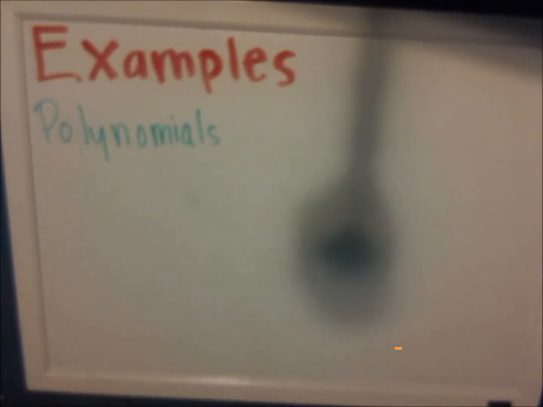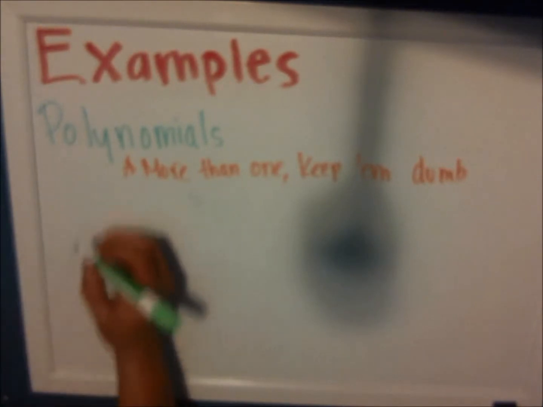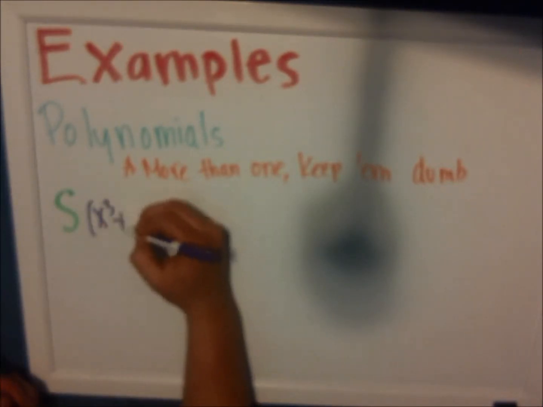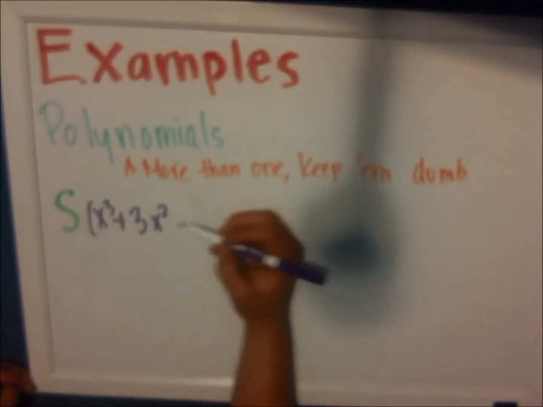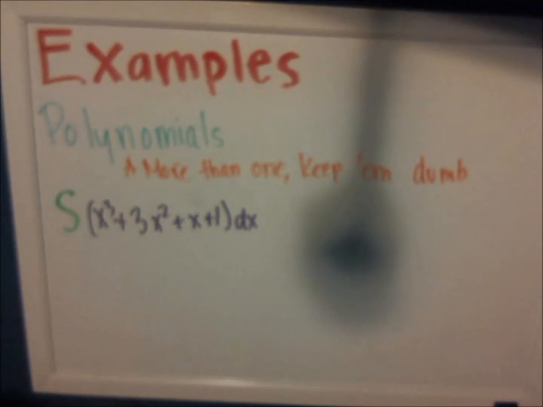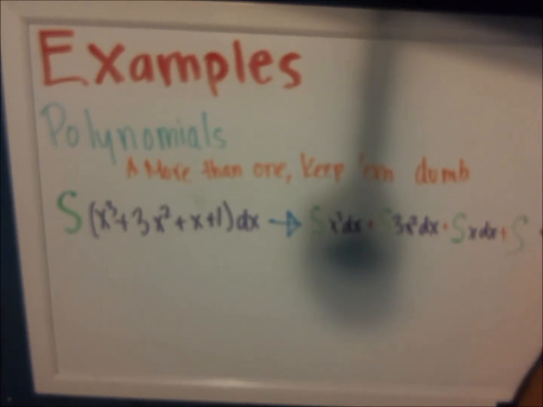Okay, so now we're going to try out a polynomial. So just remember, more than one, keep them dumb. Split it up into smaller antiderivatives so you know how to do the problem. So right now we have x to the third plus 3x squared plus x plus 1. What you want to do is split it up. So the antiderivative of x to the third plus the antiderivative of 3x squared plus the antiderivative of x plus